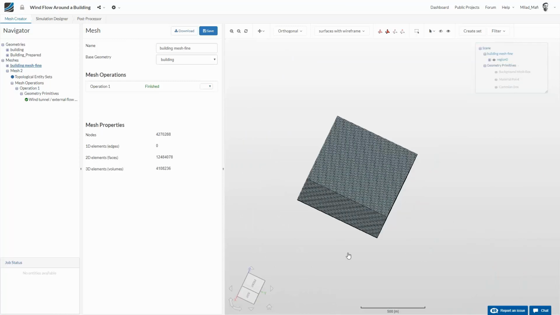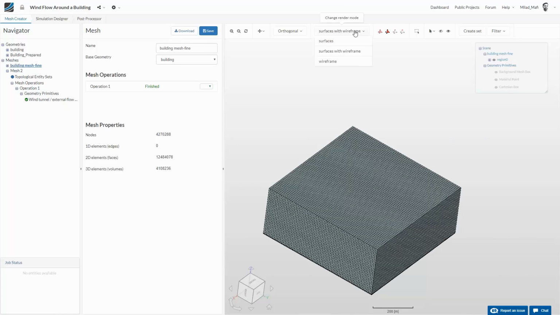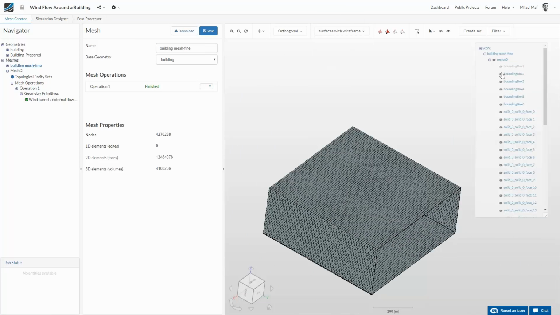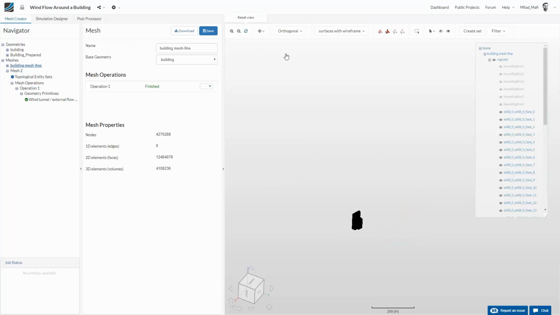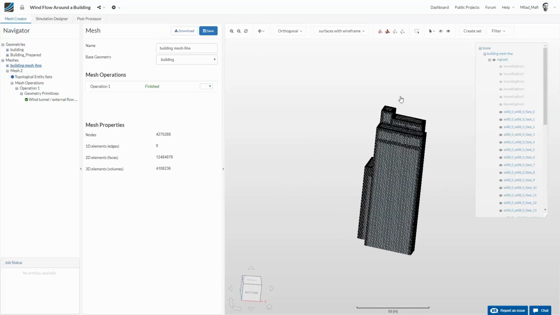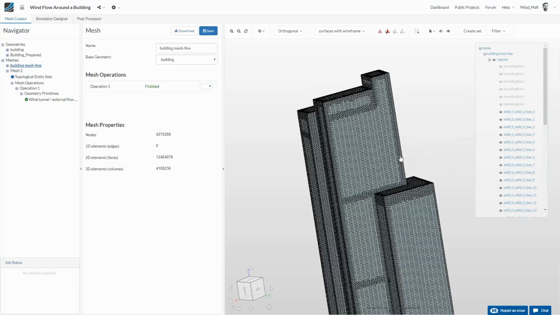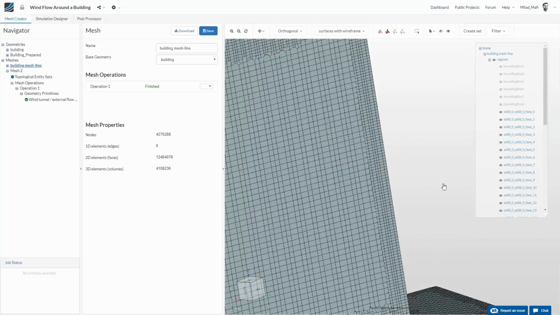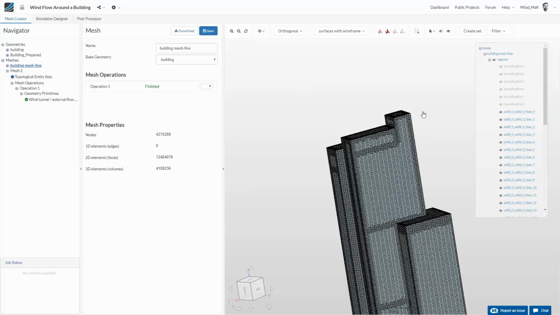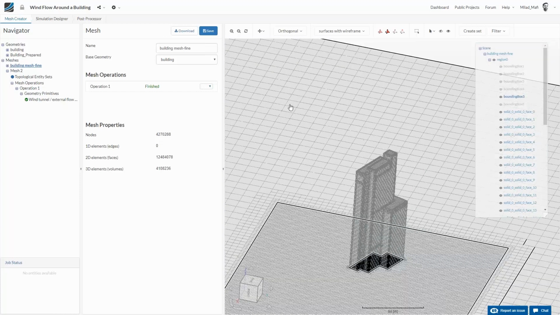So this is what we get. This is our fluid domain. And now, first of all, let me hide the bounding box. And now this is the shape of our building, represented by the small elements. And in the center of each of these elements, we're going to calculate pressure and velocity. And if you, for example, take a look at the floor,